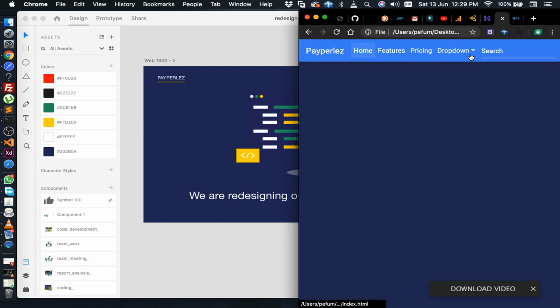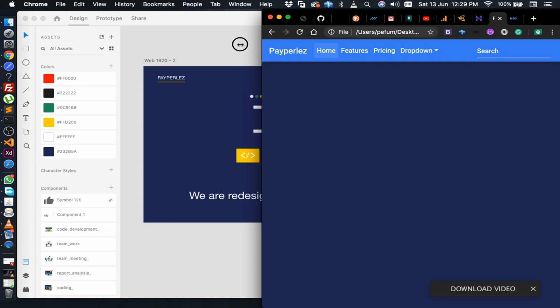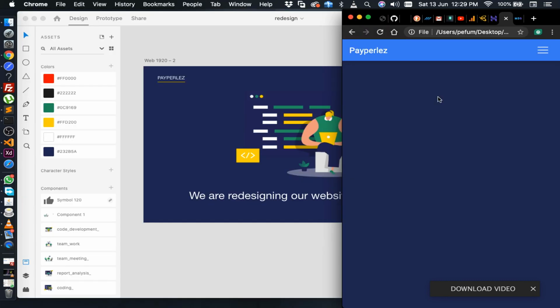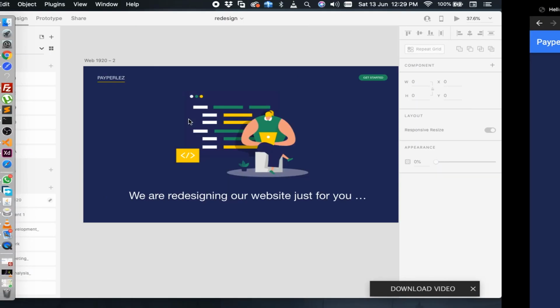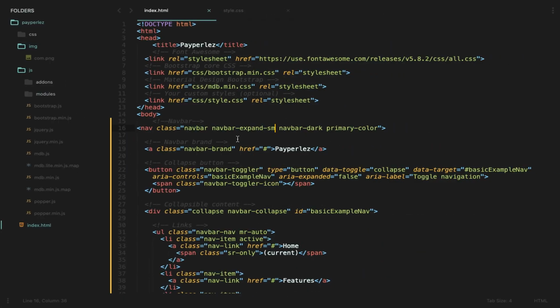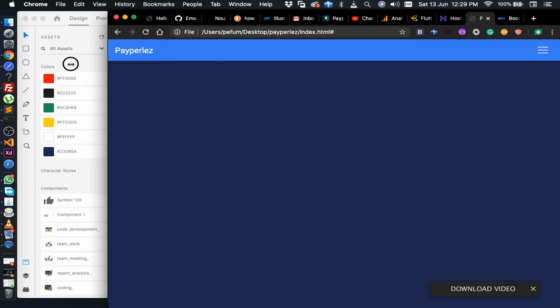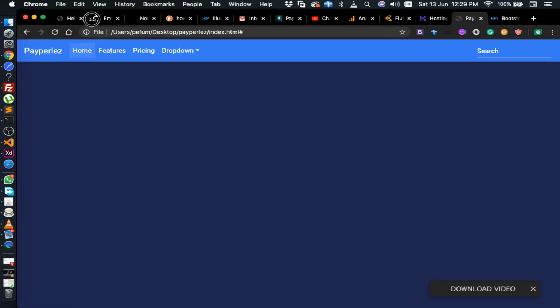So it should expand on a small medium. From small medium, from tablets to desktop, it should expand, but on a small scale, just on a phone, it should give us a drop down. So when I say XL, is it XL? That means it's expanding only